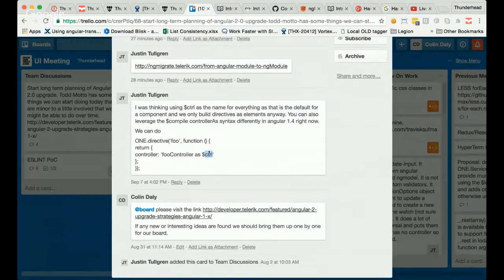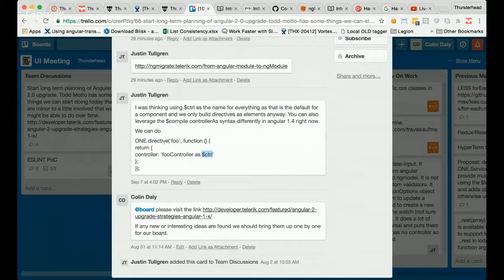I'm uneasy about using $ctrl as the label for directives currently. Okay. But I think it's something to be very aware of when we start using components and shifting things over to components, that this is the convention that's built in. Just because I don't have any of your knowledge, what makes you wary about it? Well, theoretically, you can still have directives on components.